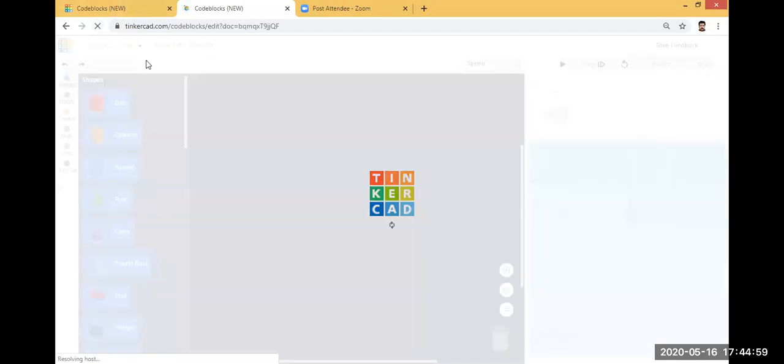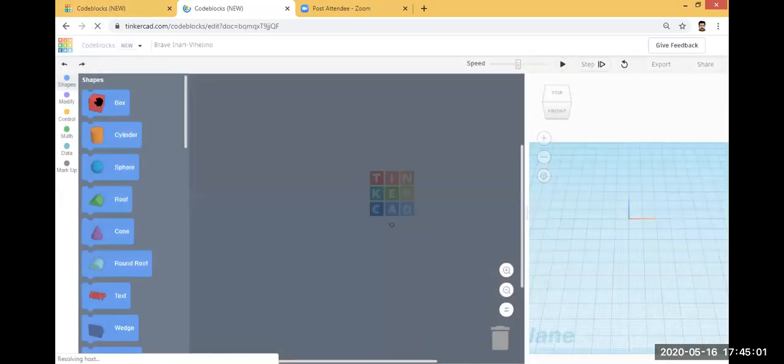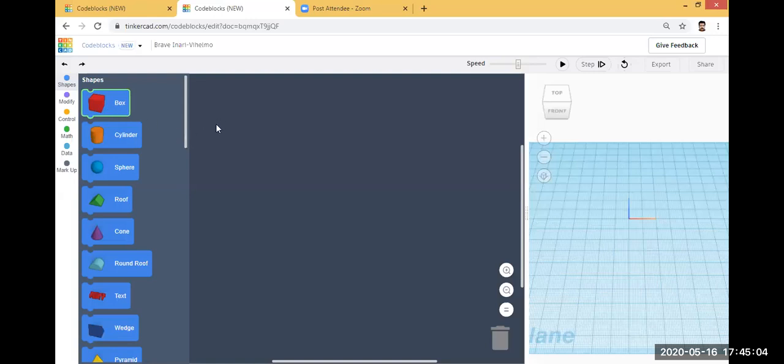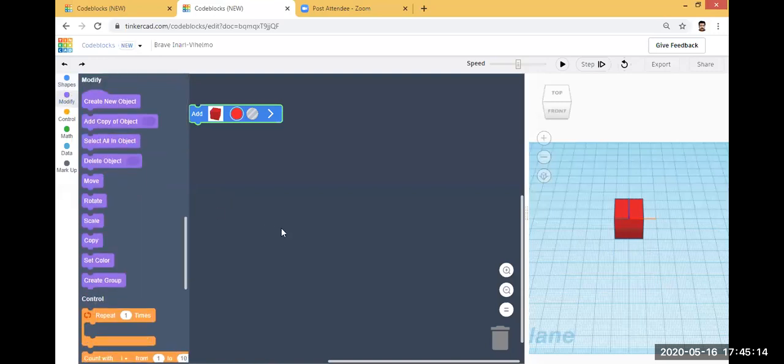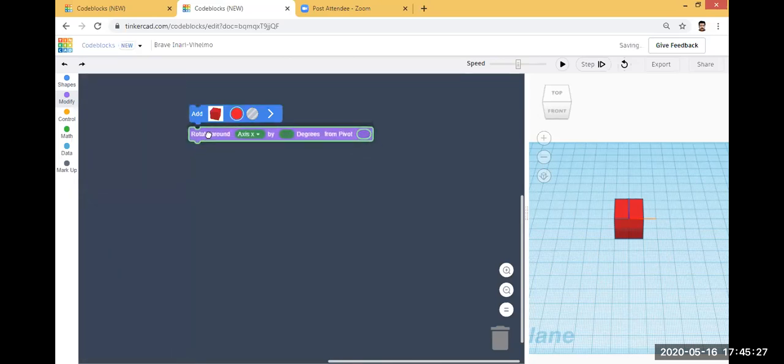Then the next option is the modify. Okay, so I will select the first object, that is the box. Then I will play this. You can see your object is created in the work plane. If I want to rotate this object at an angle of say 45 degrees, I just select rotate, drag it and place here.